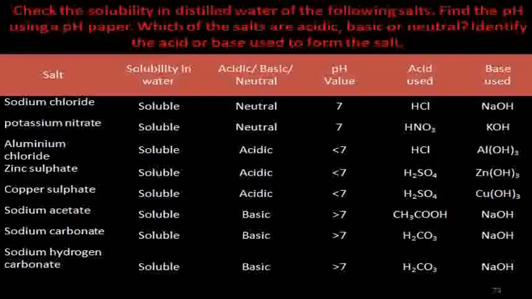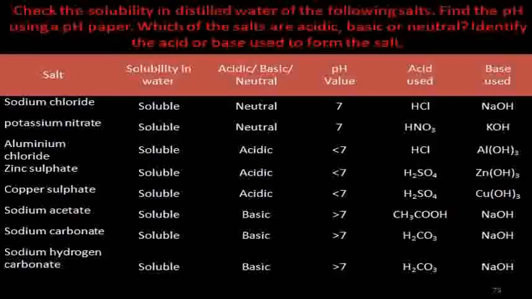And zinc sulfate. Zinc sulfate also dissociates into sulfuric acid, which is a strong acid, and we know zinc is amphoteric in nature. Here also it is almost like aluminium, with both acid as well as basic character. So here somewhat it is a weak base. So the acidic nature is more in this type of solution. So the pH number is less than 7. Copper sulfate also, similarly the same way. So here acidic nature is more shown because it is dissociated into a strong acid and a weak base.